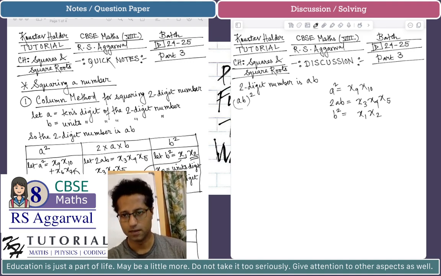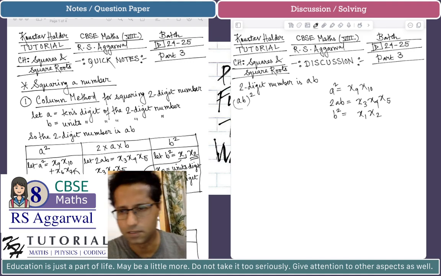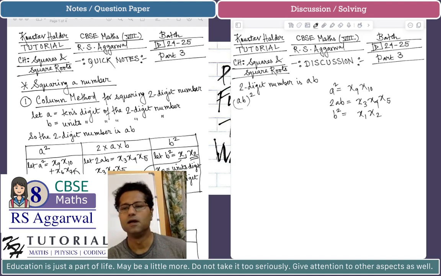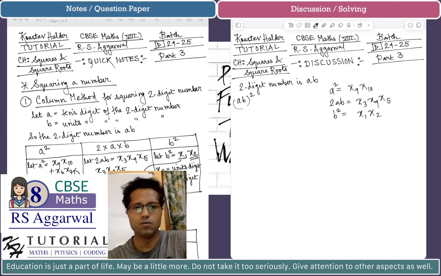Similarly, for a square, x10 is the digit in the tens units place and x9 is the digit in the tens place. So this we will write below each column, below the headings. Now, how will we find AB's whole square? You can see in the notes on the left hand side,